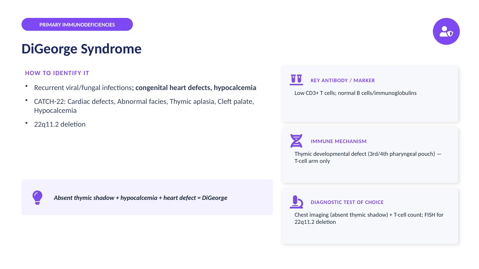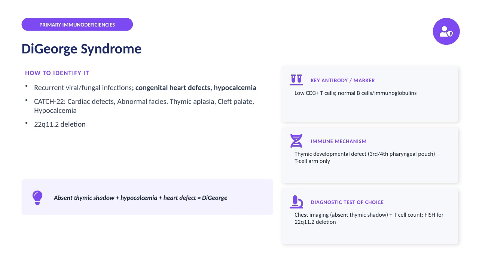DiGeorge syndrome is characterized by recurrent viral and fungal infections, typically linked to congenital heart defects and low calcium levels. It's often remembered by the mnemonic CATCH-22: cardiac defects, abnormal facial features, thymic aplasia, cleft palate, and hypocalcemia, all related to a deletion on chromosome 22q11.2. On chest imaging, you would notice an absent thymic shadow, which combined with hypocalcemia and heart defects strongly suggests DiGeorge syndrome. The key immune marker is a low count of CD3-positive T cells, while B cells and immunoglobulins usually remain